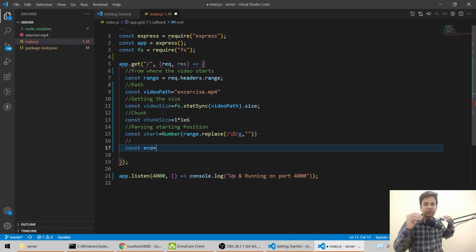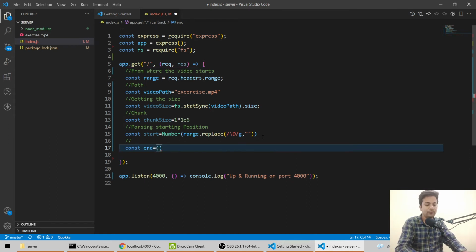In end we have a little bit of complication, because suppose we are sending 1 MB of data, or like 10 seconds of video. If we are in the last second, there will not be another 10 MB or more of video. So in that case we should send the last part only.